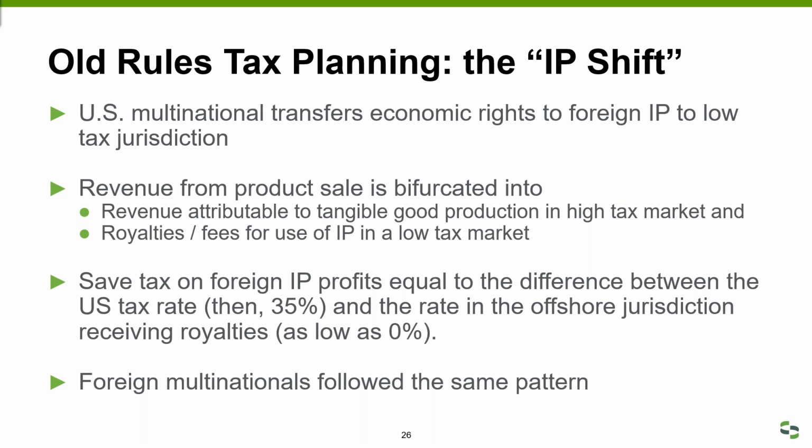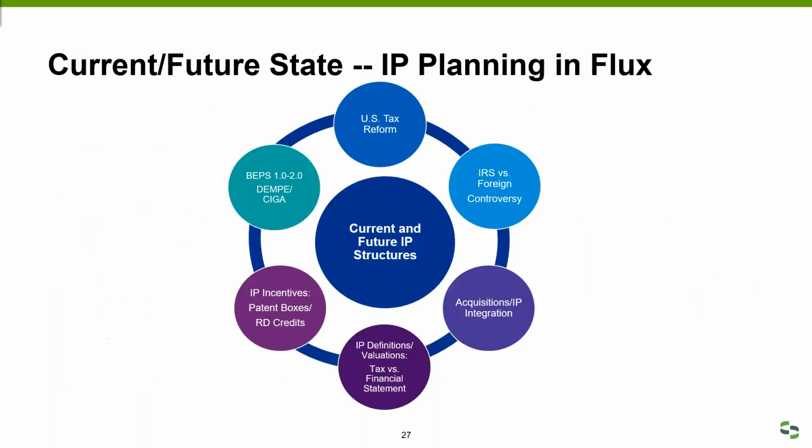So it was, from a thought process, what should I do? It was a no-brainer. Get your IP offshore and generate income offshore because the tax savings was tremendous. And foreign multinationals did the same thing. Current and future state, however, where are we? Like I mentioned, we'll talk a little bit about U.S. tax reform recently. We'll talk about IRS and the foreign controversies. I'll also talk a little bit about BEPS, which is known as base erosion and profit shifting,